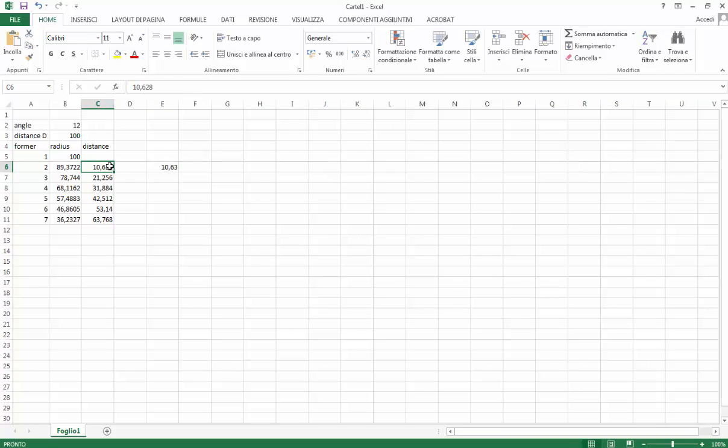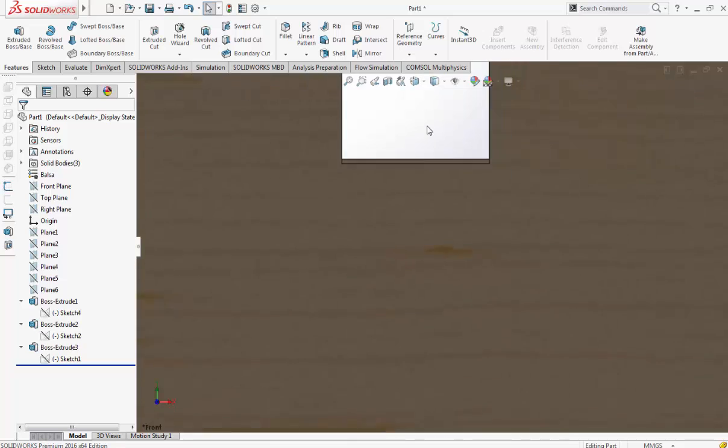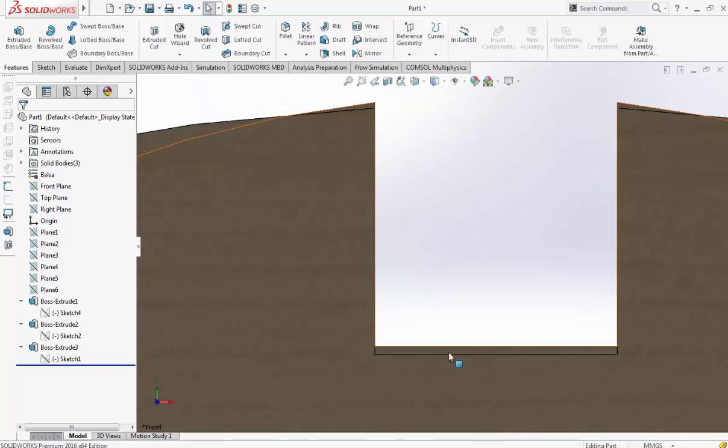So the difference between the rounded number and the real number leads to an error with this alignment. So how to overcome this? Well, this is easy. You come here,